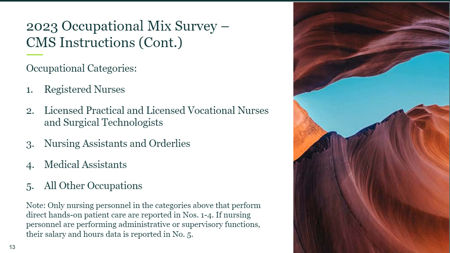Category 3 is nursing assistants. They provide basic patient care under the direction of nursing staff. They perform such duties as feeding, bathing, dressing, or grooming patients. Orderlies, which we earlier recognized as patient transporters, transport patients to areas of the hospital, such as the operating room, using wheelchairs, stretchers, or movable beds.